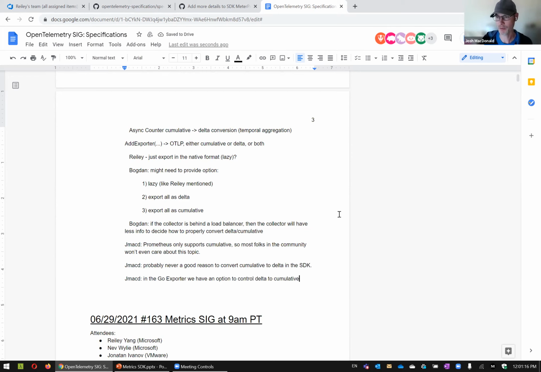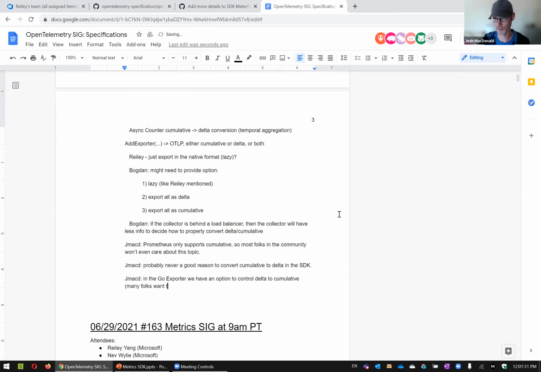What I found is that people get really hung up on up-down counter here because they traditionally want to see them as gauges. If you start pushing your delta to cumulative out of process for up-down counters, you run into this reset problem that rates can be, that you can't compute the total anymore, and it becomes a potentially useless metric to a lot of people. So people are interested in having cumulative up-down counters.